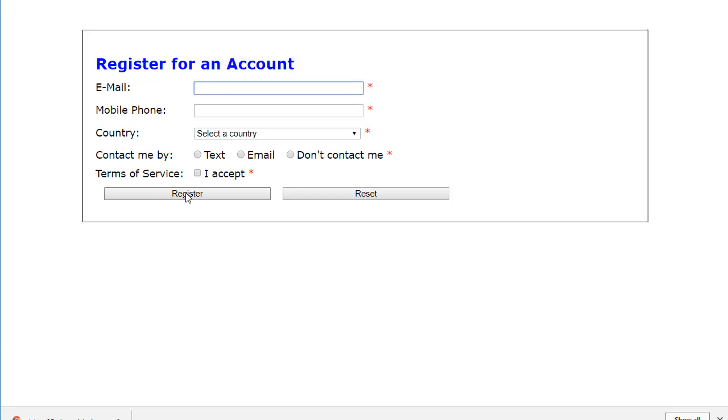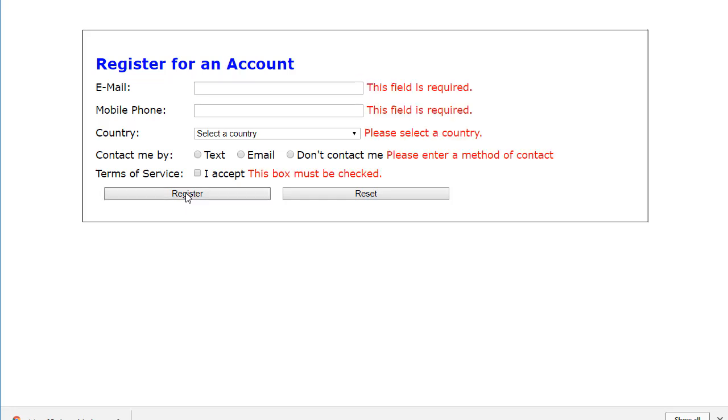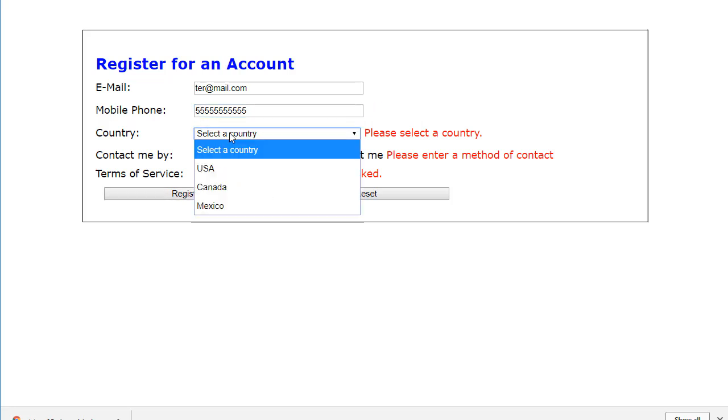If I were to click the register button without filling out any information, I will receive several messages. This is typically called form validation. So the object is to make sure that the form is filled out correctly before we send that information to the web server. So I can type in some information here, and notice everything is happening when we click the register button. So as the user slowly fills out the form correctly,